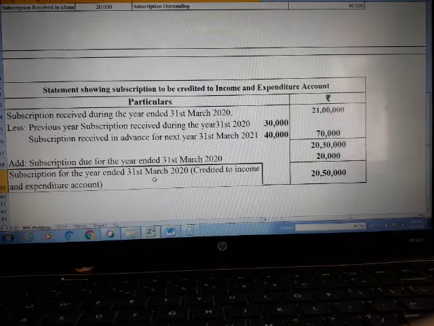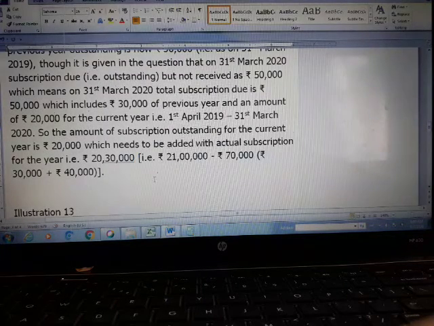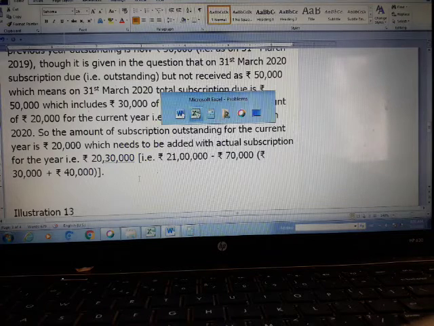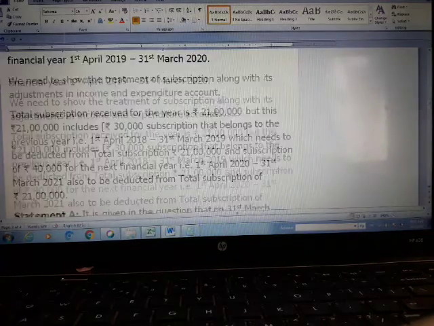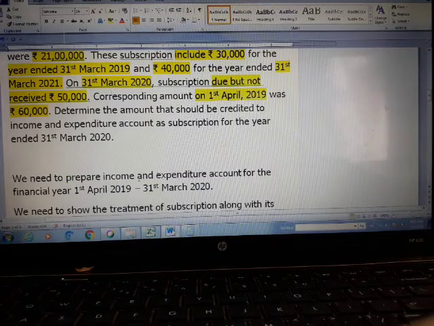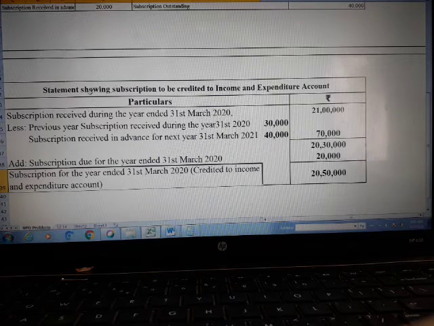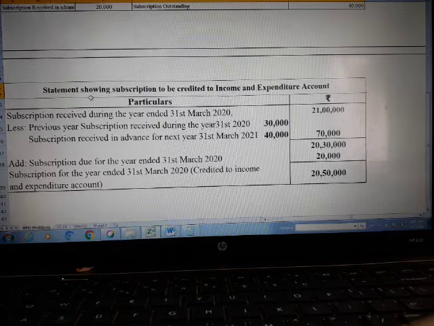Able to follow it, students? Right. So now this is what the actual calculations are, and I have to prepare my balance sheet because the question says that you should also show how it will appear in the final accounts. Right? They have asked to derive the final accounts. If that be the case, then final accounts need to be prepared. But in this case, final accounts are not asked, so I need not prepare final accounts. Can you able to follow, students? Any doubts? Right. Let me move on to the next question.